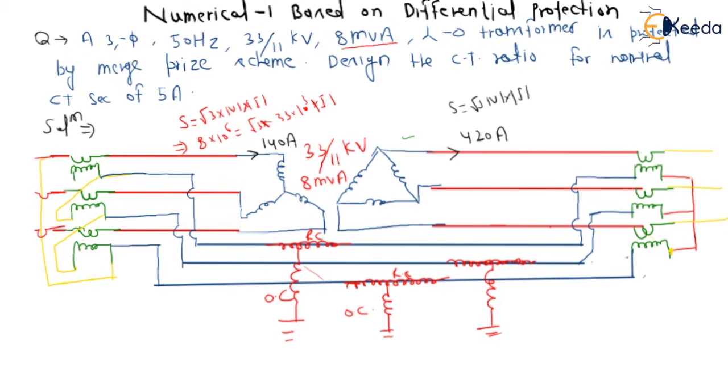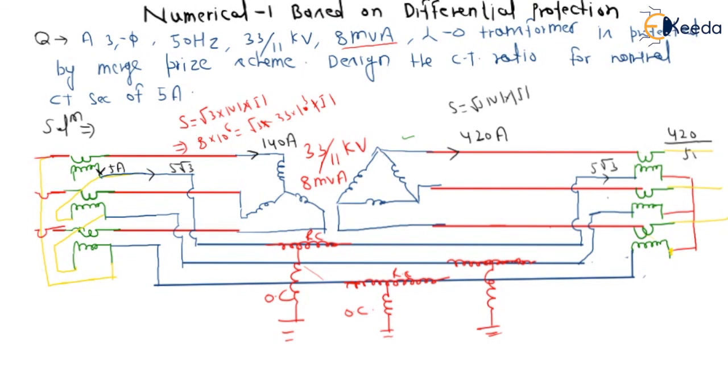So this side will be 420 ampere, and in the denominator, let us assume the secondary side is decided to be 5 ampere. So 5 ampere will be the phase current of this delta connection. So the phase of delta is 5, and the line current of this delta will be 5 root 3. So here the current should be equal to 5 root 3. The secondary we can design like this, but we want to design for 5 downward, so it will be 5 upon root 3.